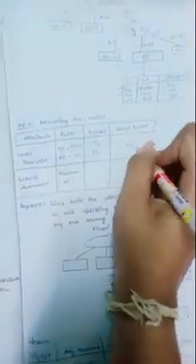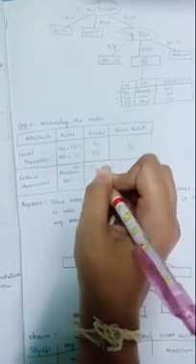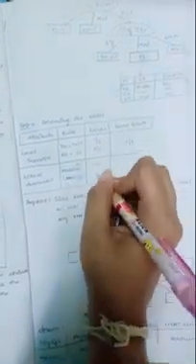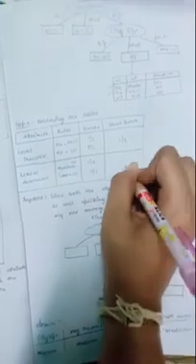So 1 by 3. Medium: there are two medium values, out of which one is yes and one is no. Obviously this will be yes, out of which there are two values. When it is low, it is no. Low value will be no, out of which only one. So 1 by 3.